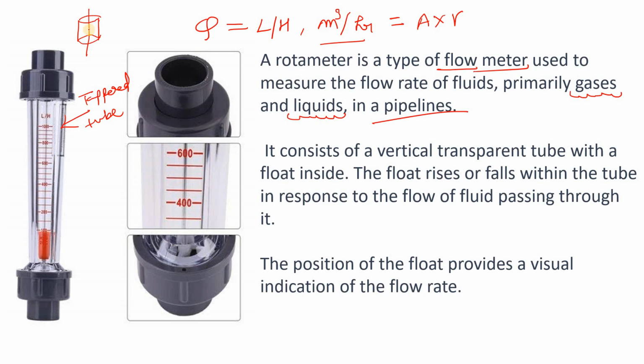Now if I ask you what is the radius here, you will say r, right? And if I ask you what is the radius here, you will say r. It means the radius is uniform throughout from top to bottom. But in the tapered tube the radius increases from bottom to top, which means as the radius increases, your area also increases from bottom to top. Are you getting my point, what I want to say?